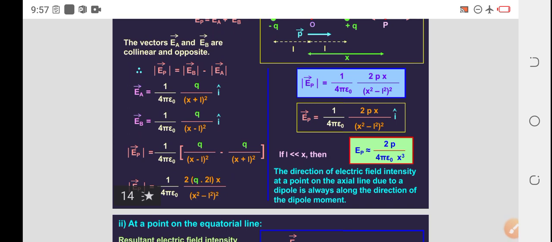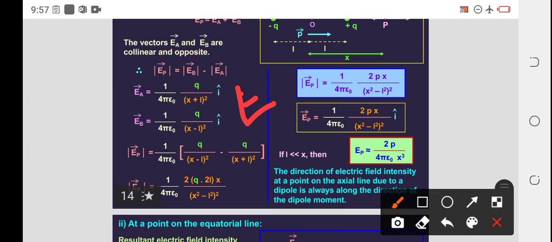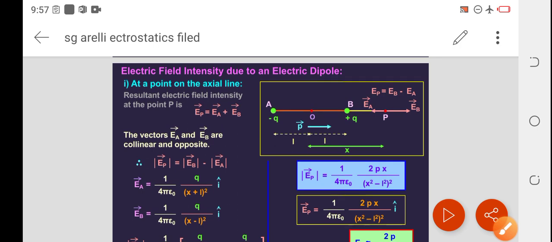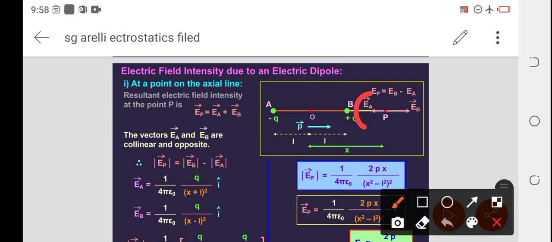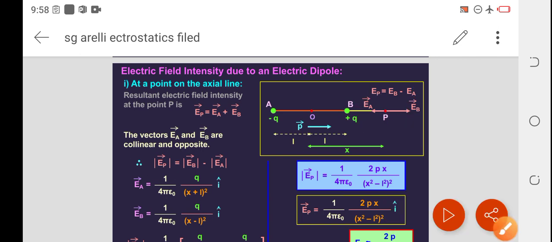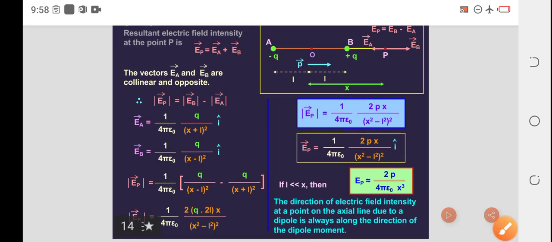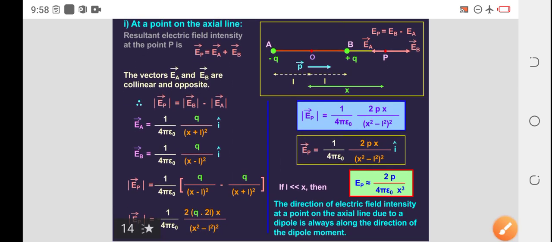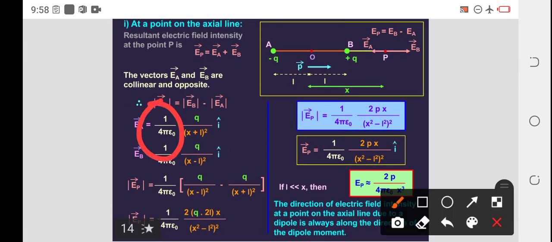But we know from the electric field definition, E equal to F by q. Is it right? E equal to F by q. From this concept, we can analyze here at point A, that is EA, and at point B, that is EB. The fields are EA and EB. So here EA is 1 by 4 pi epsilon naught q by